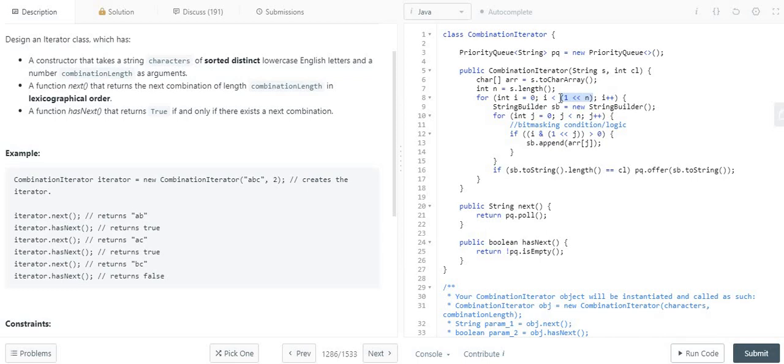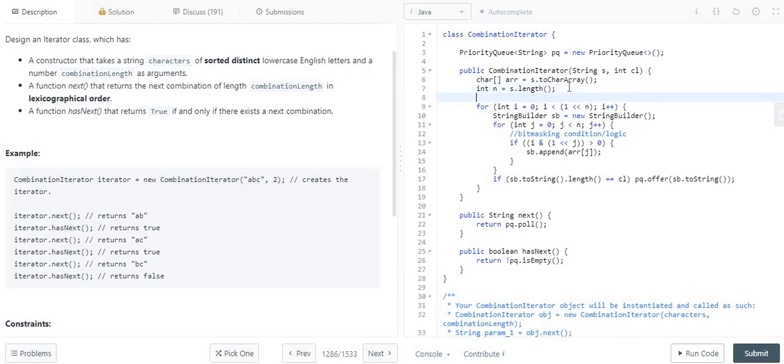So what we are doing is shifting 1 by the length of the string. For example, let's say we have a character array with the elements A, B, C. Here n is equal to 3.